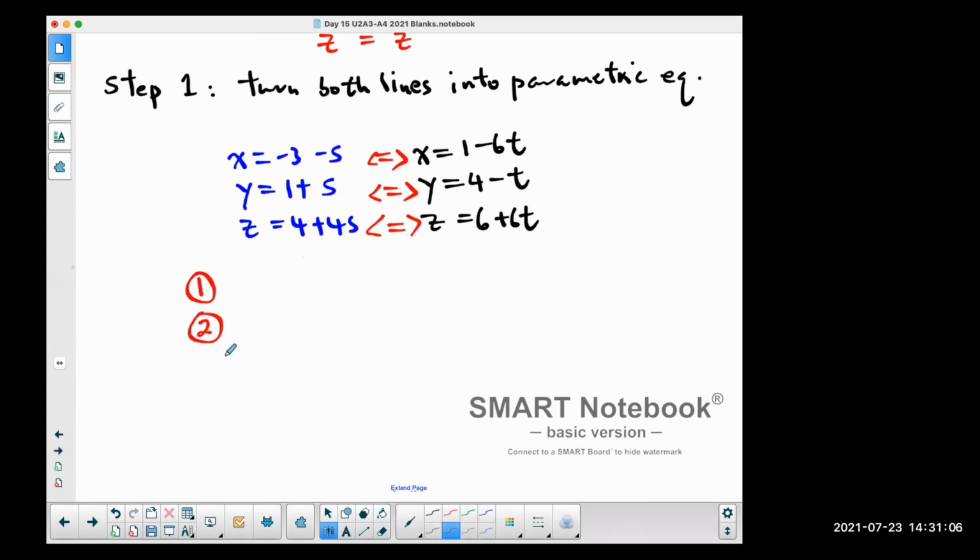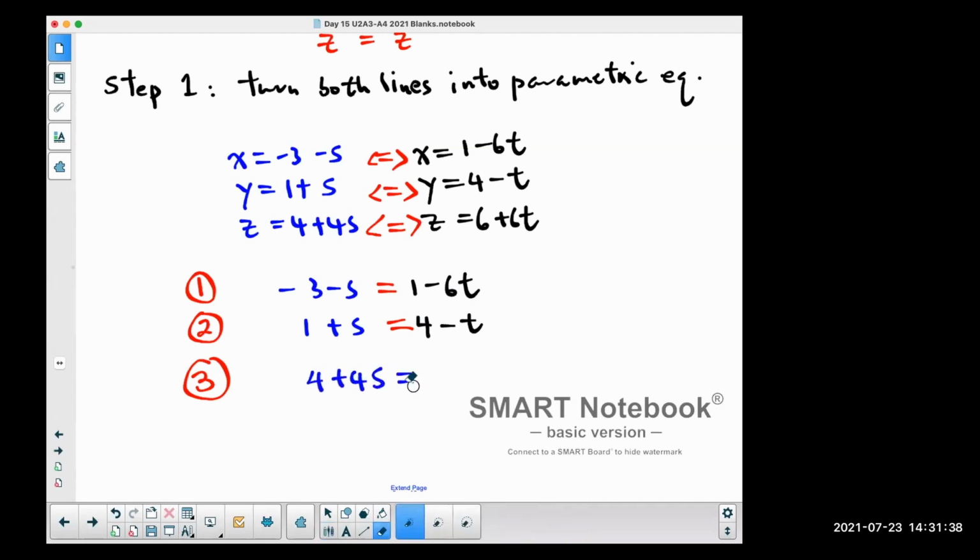The first equation is -3 minus s equals 1 minus 6t, because they're both the x coordinate. The second equation is 1 plus s equals 4 minus t. Again, that's the y coordinate. The z coordinate is 4 plus 4s